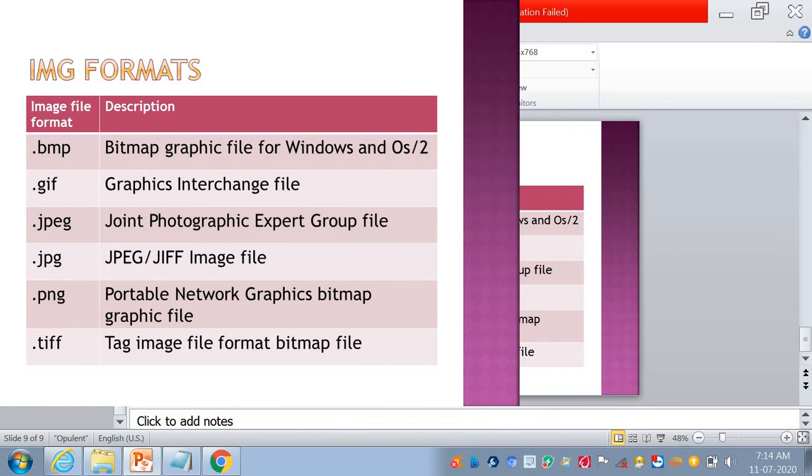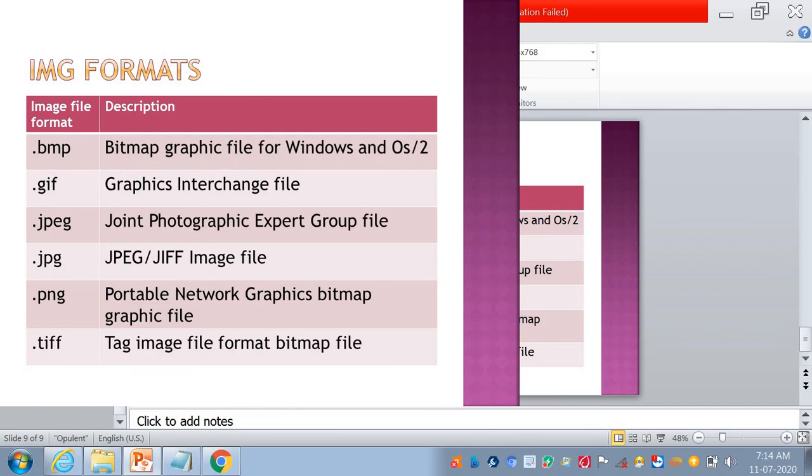So .bmp is an image format, a bitmap graphic file for Windows and OS, so it is only used for Windows and OS. .gif is the graphics interchange file. .jpg is the Joint Photographic Experts Group file, a JPEG image file. .png is the portable network graphics bitmap graphic file, and .tiff is the tag image file format bitmap file.